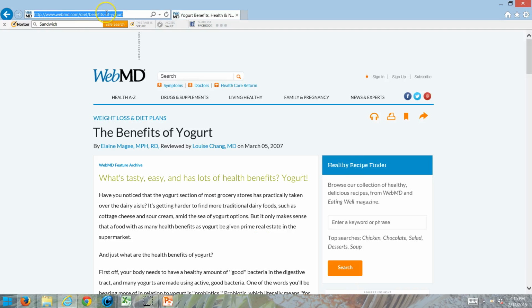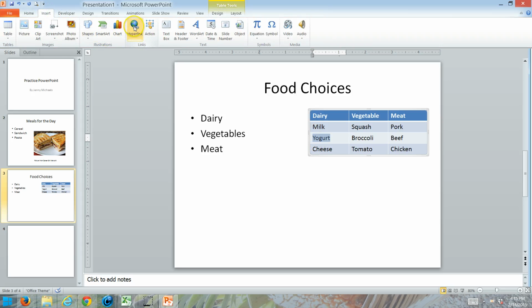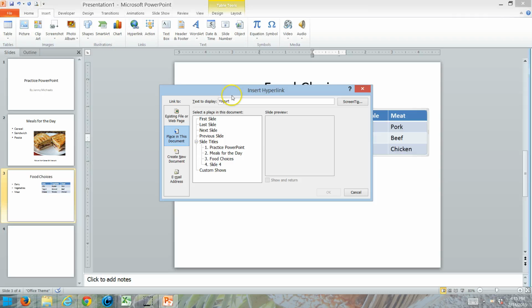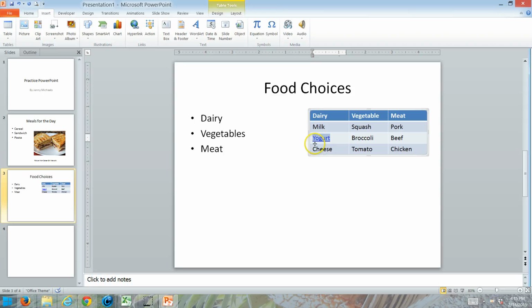I'm going to come up to the top and I'm going to select the web address, the URL. I'm going to right click and choose copy. And then I'm going to go back to my PowerPoint and I'm going to double click to select the word. Oops. And on the insert ribbon, I'm going to choose Hyperlink. And then I'm going to make sure it says existing file or web page, and where it says address, I will Control V or right click and choose paste. That one works too. Click OK, and now you have a hyperlink that, when you are running the presentation, will take you to the website. That doesn't work when you're not running it. Okay, and that is the end of our